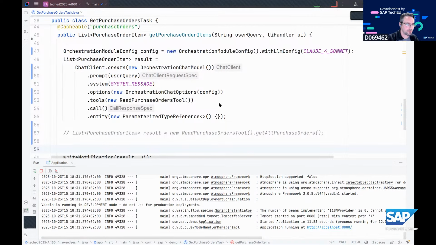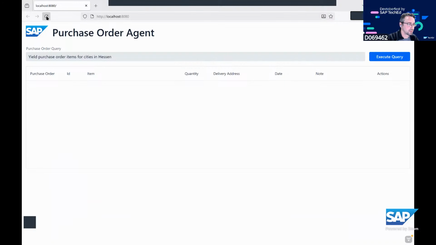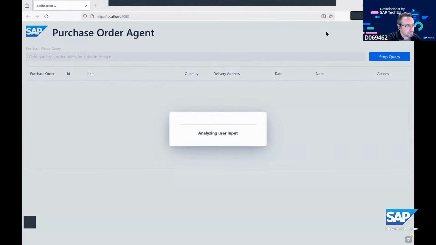Okay. Let's see. This is my new application. And I want to execute my query: yield purchase items for cities in Hessen. So what do we get? What actually happens now internally, this is the interesting part,